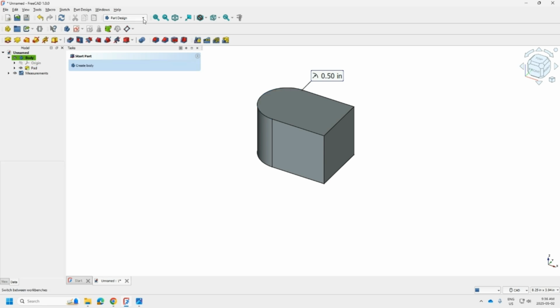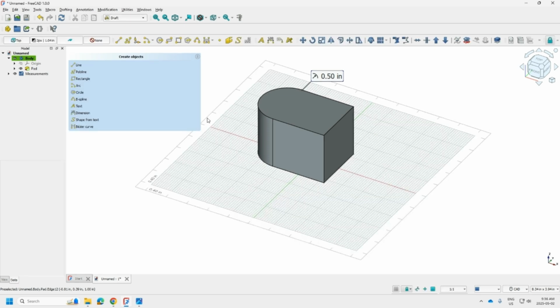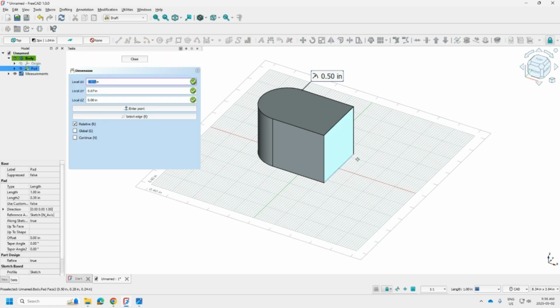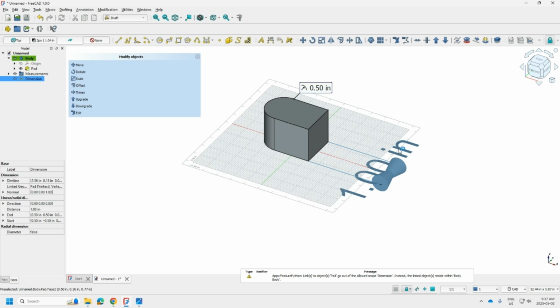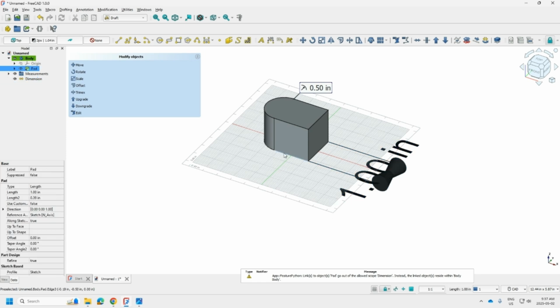Let's go over to the draft section in our drop-down menu. Okay, so I'm going to click on this line here, and I'm going to bring this out a bit because these numbers are going to be quite large, just because of the scale that we're drawing versus the scale of the numbers. Okay, and we're going to hit